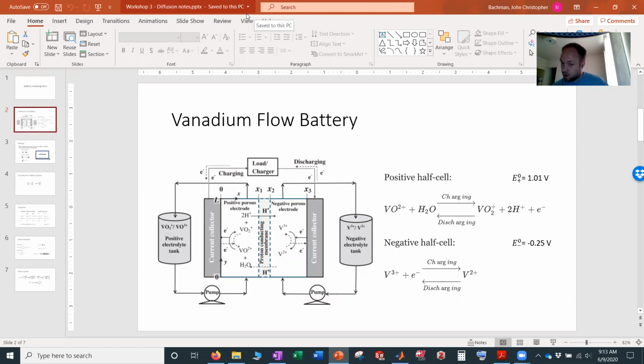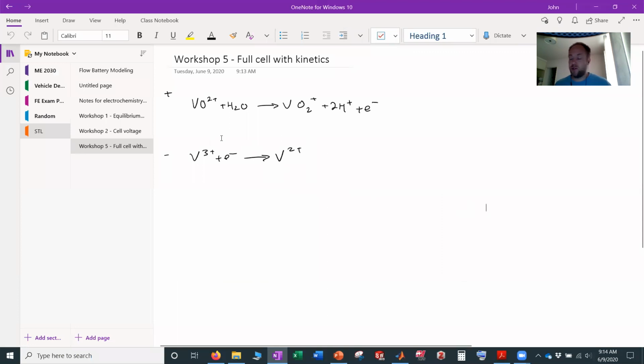So we have on our positive side this VO2+ plus water going to VO2+ plus 2H+ plus an electron. On our negative side, we have V3+ plus an electron going to V2+. So these are your two equations, right? Your whole cell equation is going to cancel here, and you're going to have